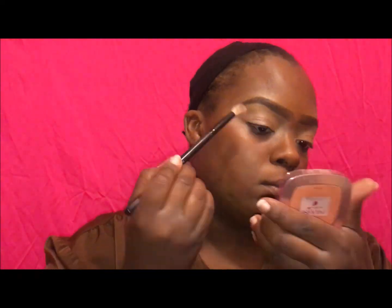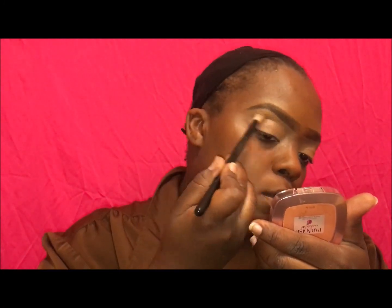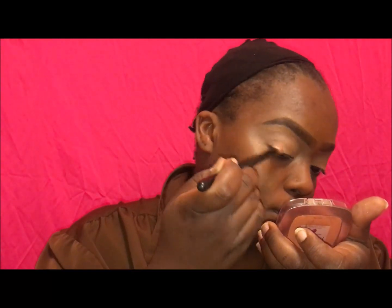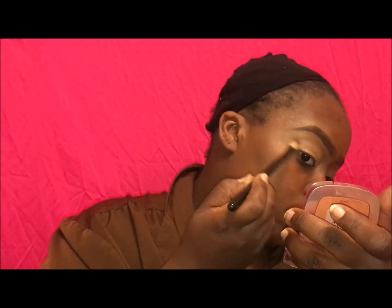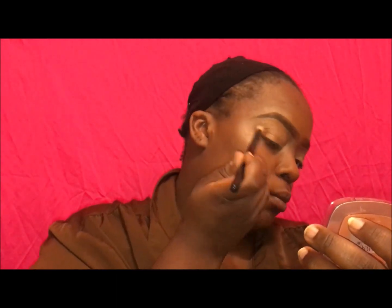So I go in with a soft pink using my tapered crease eyeshadow brush, and I'm just going to use that to build some product into the corners of my eyes, and then I'll go in with kind of a medium brown and blend that into the corner of my eye to create a shadowy effect. It's not going to be too dark just because we are using a lighter color as the base for the look. So just going to blend that out a little bit,